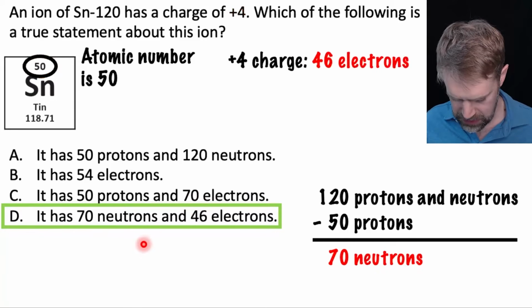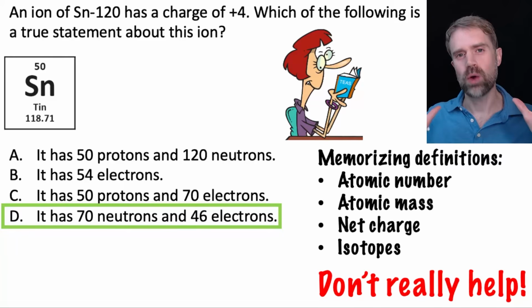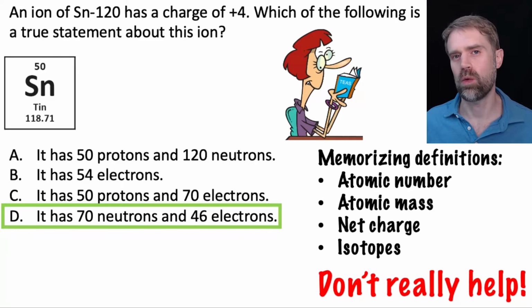And there you have it, 70 neutrons, 46 electrons, choice D. Now, if you had trouble with that question, you got to make sure that you learn how to do that kind of thing for the TEAS. Okay, but if you're having trouble with it and you've been studying, I think I might know why this was